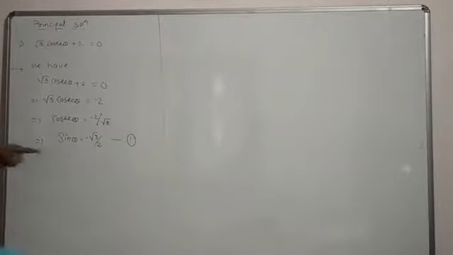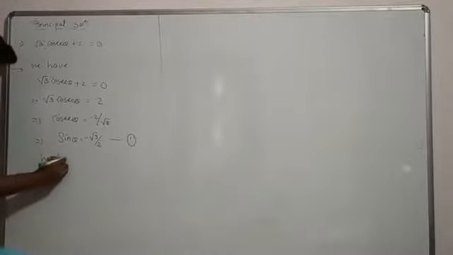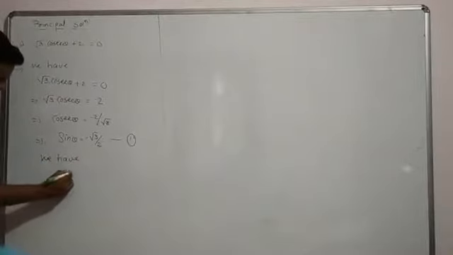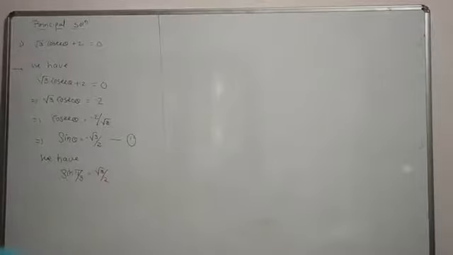Now you have a minus sign on the RHS. So for a moment, ignore that minus sign. Now you have root 3 by 2. And what we know, sine pi by 3 is root 3 by 2. Right? So we have sine of pi by 3 is equal to root 3 by 2. Now the difference is of the negative side. Now you have sine over here.